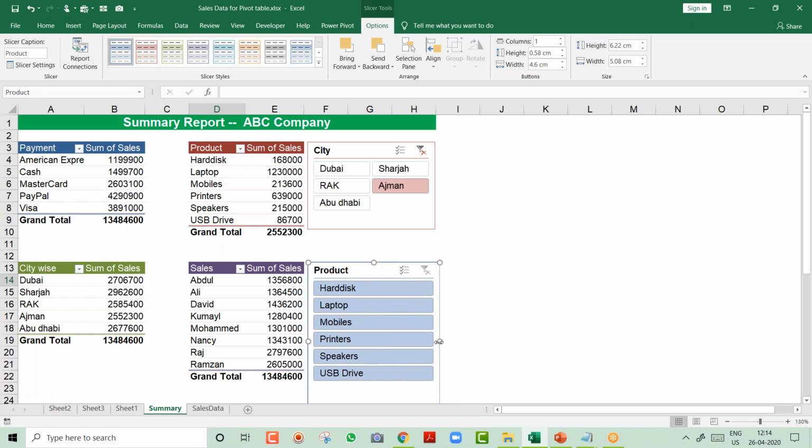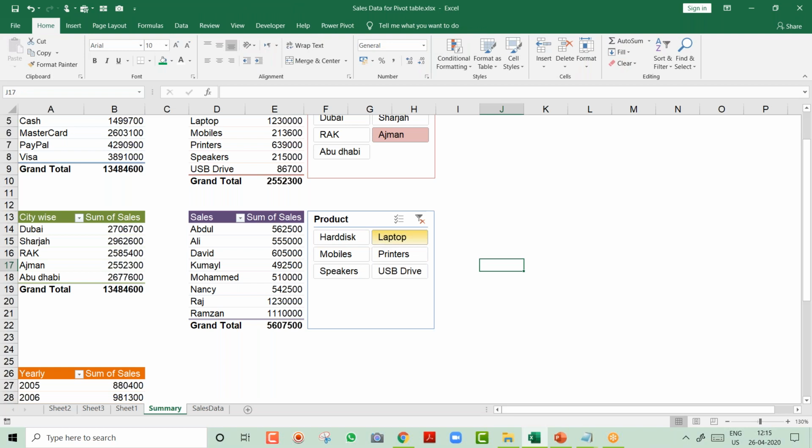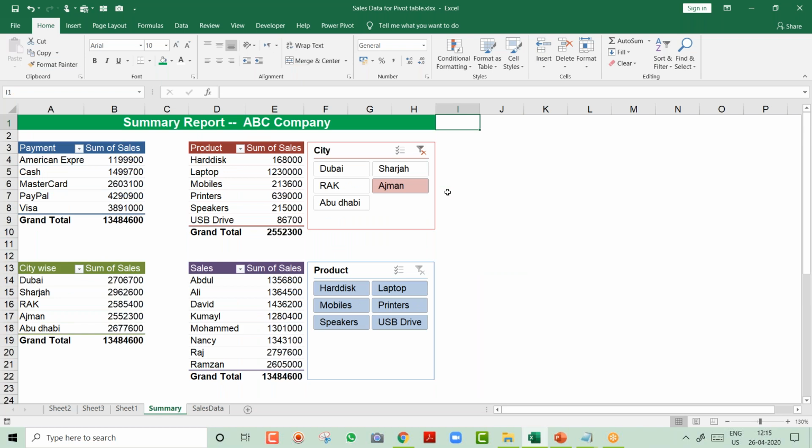Let me do the quick formatting. Above I have put 2 columns, so I will put 2 columns here as well, and let me decrease this so that more comes. Now if I click on laptop, it's changing. Hard disk, it's changing. Perfect. This is really amazing. If you want to select multiple things, friends, you can select it from the multiple option here. So now I can insert more things over here.